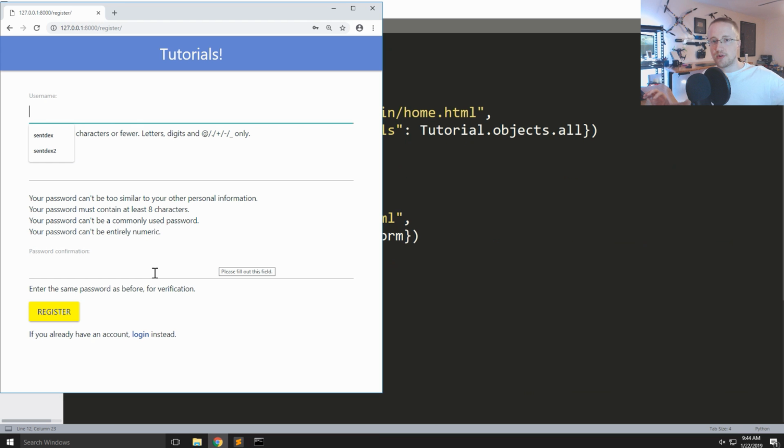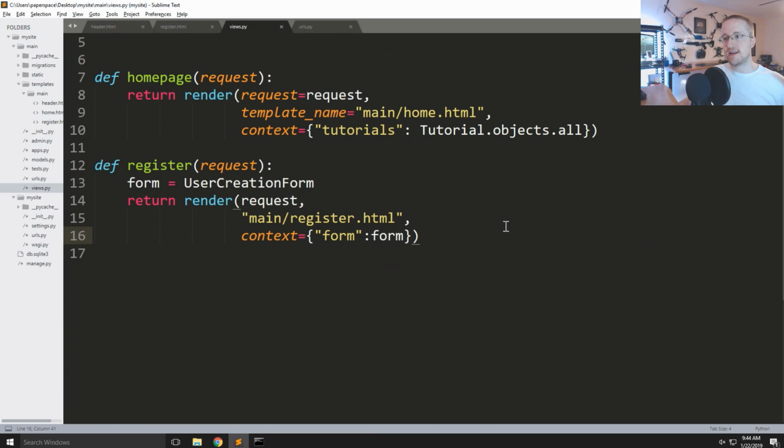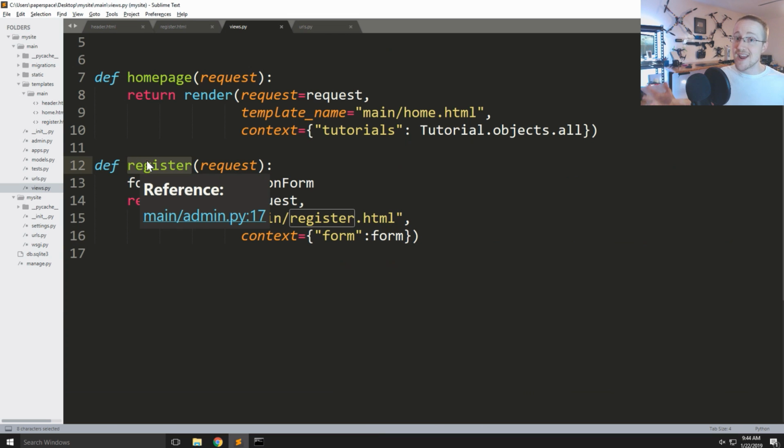In one case, people are just trying to get the server to give them some information. In the other case, we're trying to let the user submit some information to our server, often to make changes, with a POST. So what we need to do now is actually handle the POST request in our register